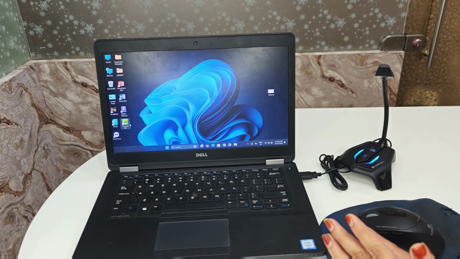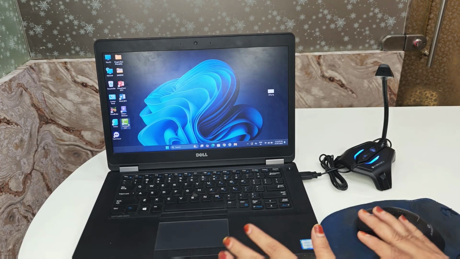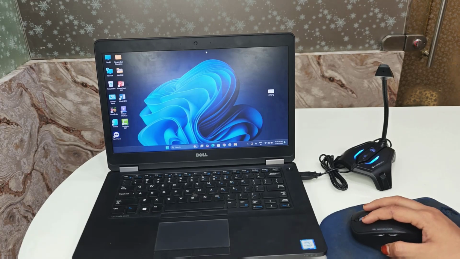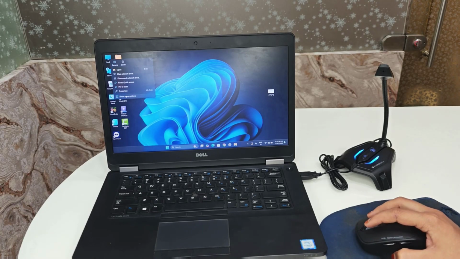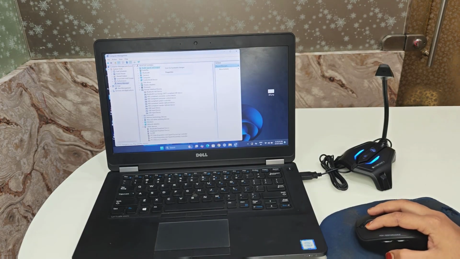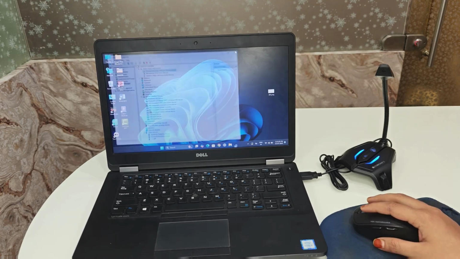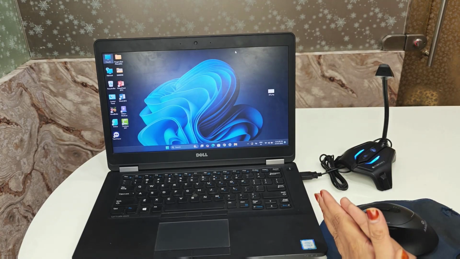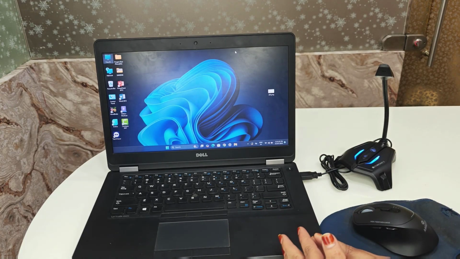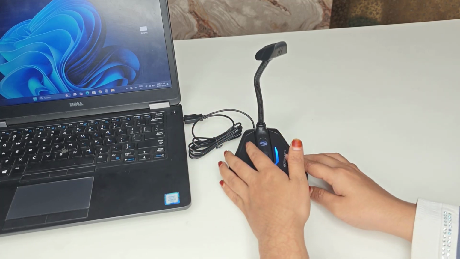And if it is still not working, you can also update or reinstall audio drivers. For that, go to This PC, go to show more options, and go to manage. Then go to audio inputs and outputs, go to properties, and then you can also restart the audio input and output. Or you can uninstall it and then restart the PC, and also try the mic on another computer. If it doesn't work there too, the mic might be faulty.